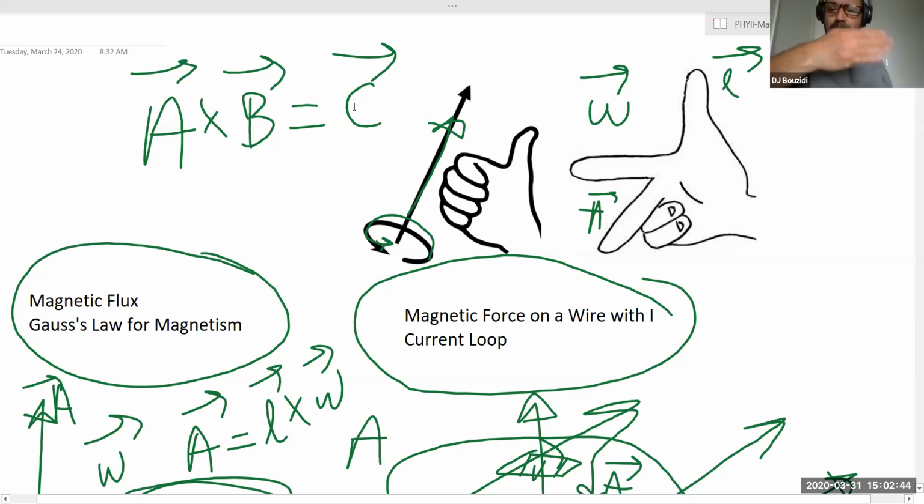So if I open my palm the way I have it opened right now, that is vector A. When I tilt it, when I open it, when I take it to the other direction, that is vector B. So A cross B, the result is C, okay? So A cross